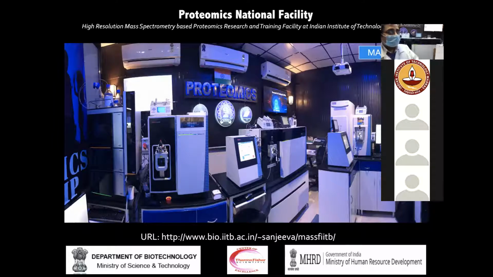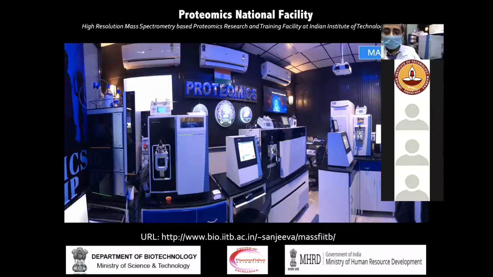Now, this is another instrument which can also be used for looking at a complex proteome or metabolome, which is the Q Exactive Orbitrap with quadrupoles. Again, this is also with the nano LC, like the previous one, where we can separate the peptides. Once you do this kind of discovery-based workflow, either label-free or label-based, then you'd like to identify which are the proteins of interest I have, which can be taken for clinical or healthcare application.